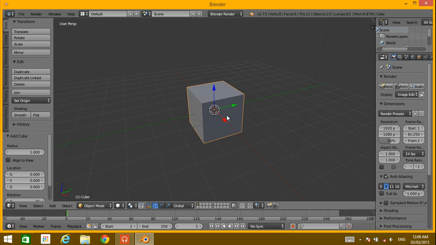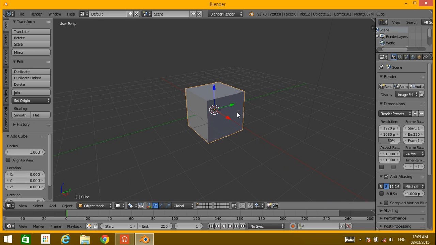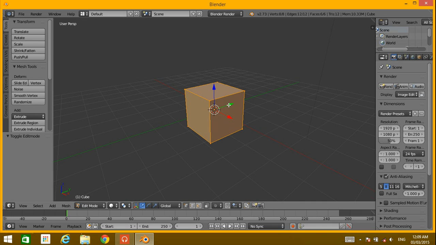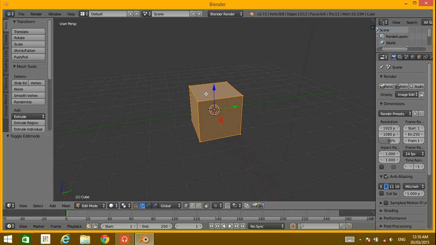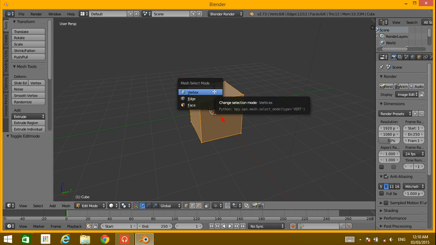Okay, and to manipulate that simple object, I have to go into edit mode. To go to edit mode, just press Tab. Alright, so here we are in edit mode for that object, and to select faces we just have to press two buttons, Tab and Alt simultaneously, and select face.